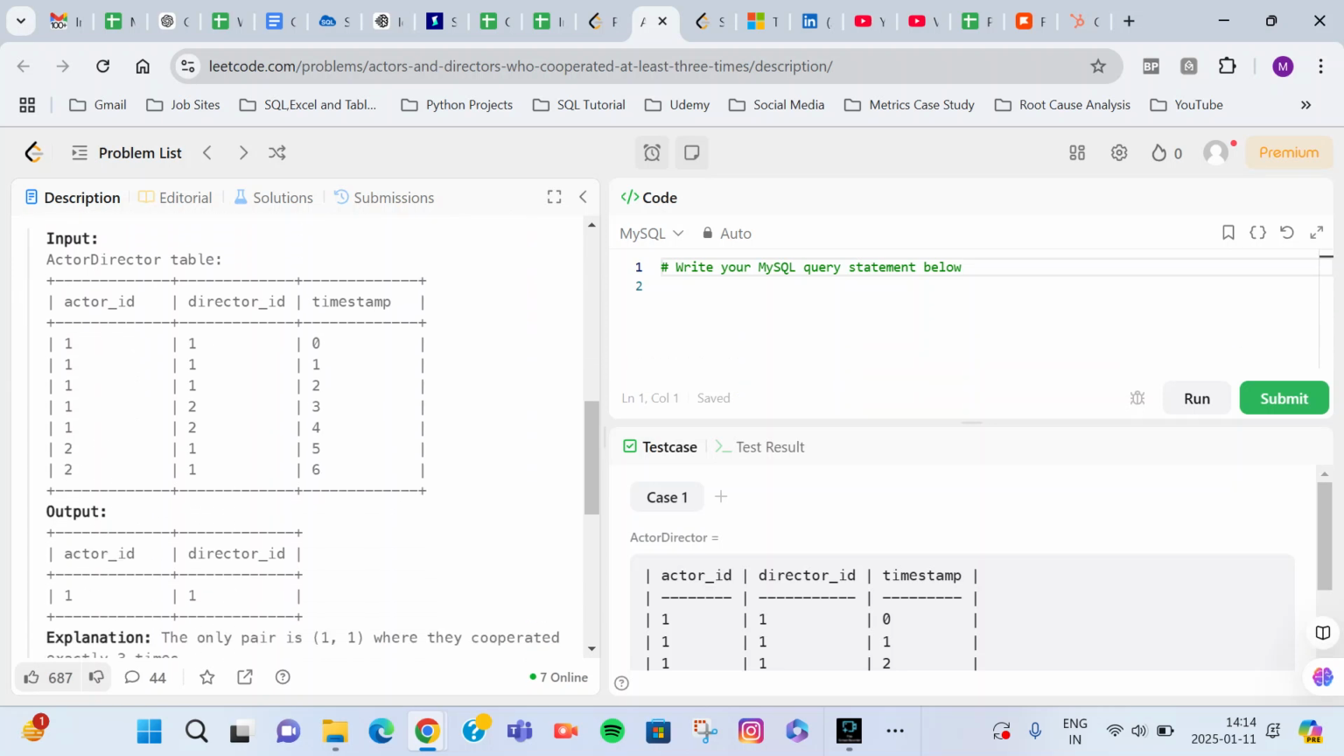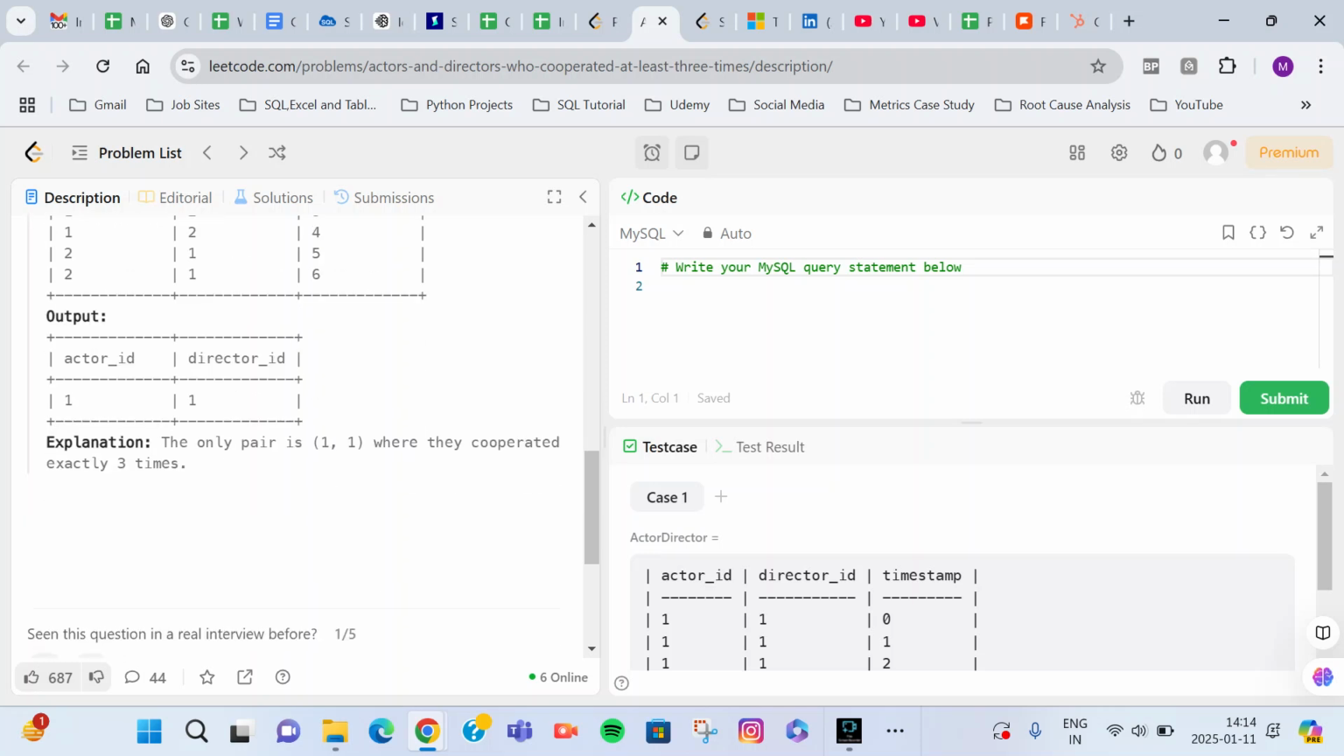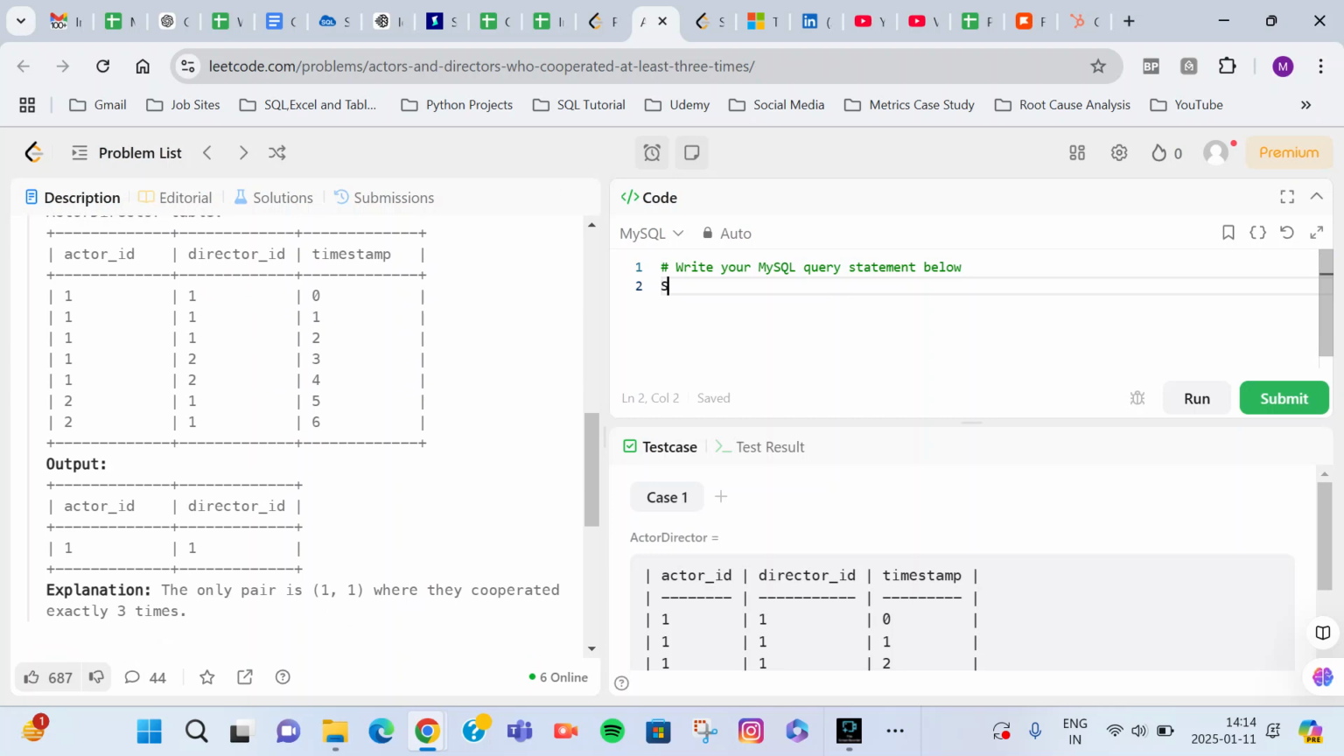Actor ID 1, director ID 1 occurs 3 times. Whereas actor ID 1 and director ID 2 occurs 2 times, actor ID 2 and director ID 1 occurs 2 times. So we can write select